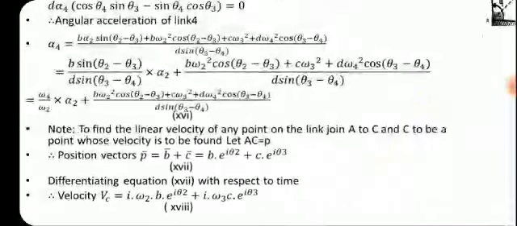Having found the angular velocity of links 3 and 4, we can compute the linear velocity at any point on the links as follows. That is the thing. Now we can calculate angular velocities and angular accelerations of links 3 and 4. We calculated omega 3, omega 4, alpha 3 and alpha 4. Now to find the linear velocity of any point on the link,